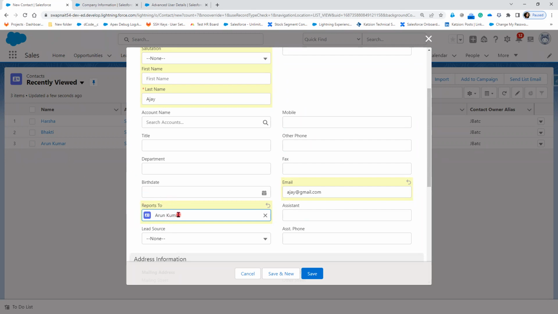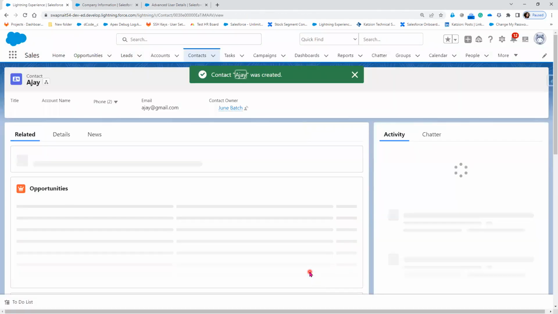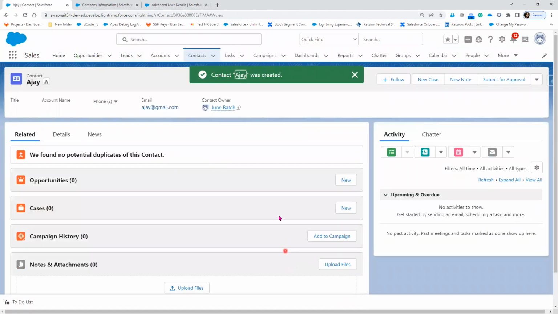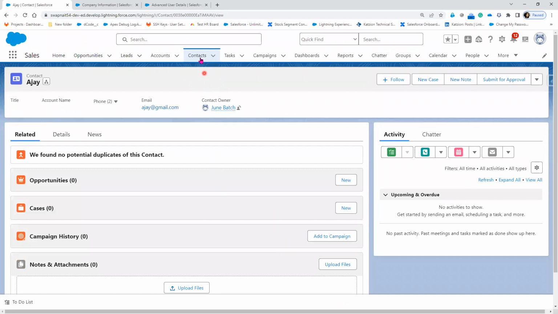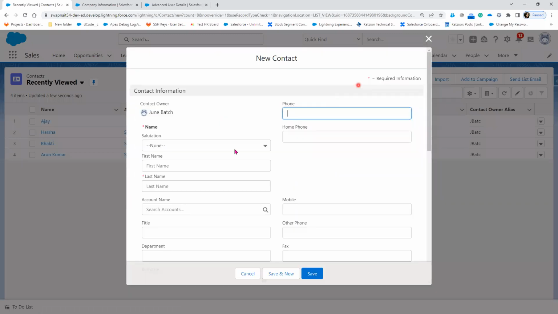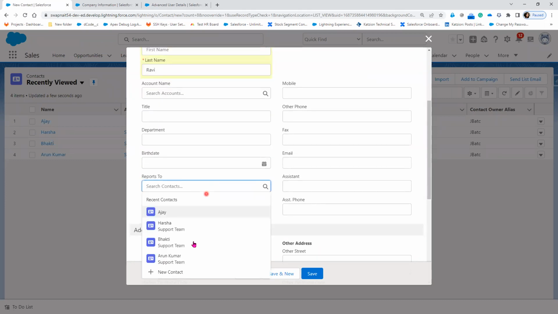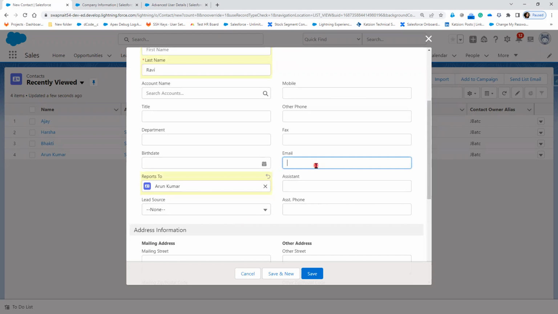This person reports to Arun Kumar. Click on save. Similarly, I'm going to create another contact. Click on new contact. Now here this person is Ravi. Ravi also reports to Arun Kumar, and let's say the email ID